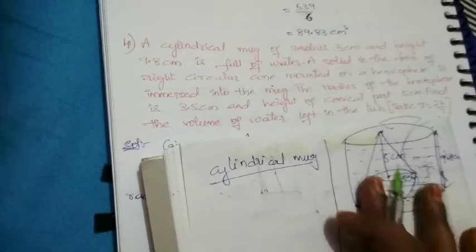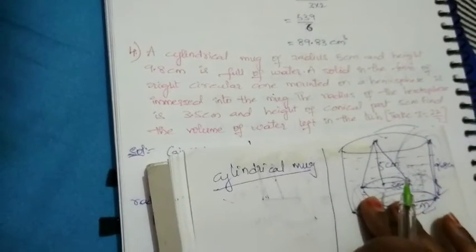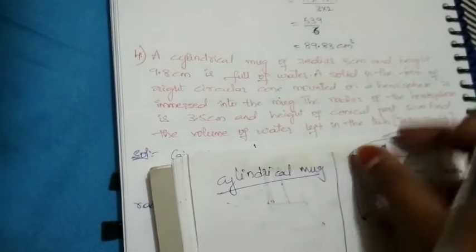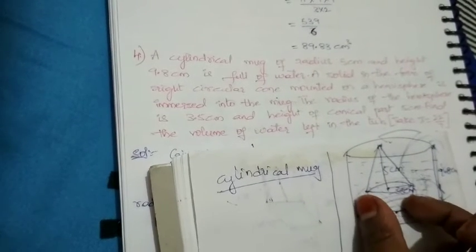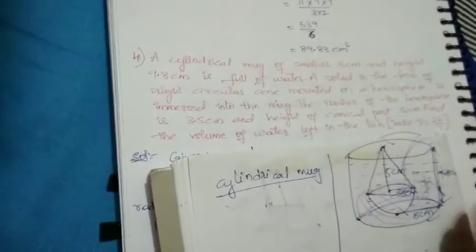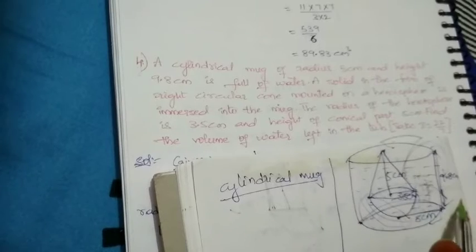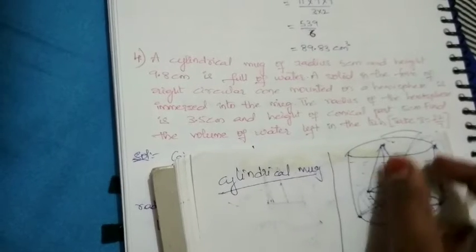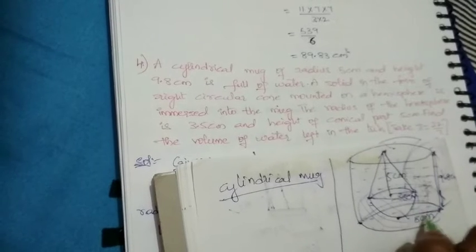See here, first the cylinder is full of water. You inserted this solid into this mug. Whenever you insert this toy in the mug, the water flows out. If you insert one more material, more water will come out. If you put a huge part other than this solid, then more water will flow out. Whatever volume you are putting, that much volume is going out, right? Now how much water will be left over?